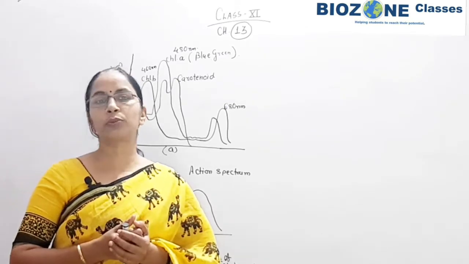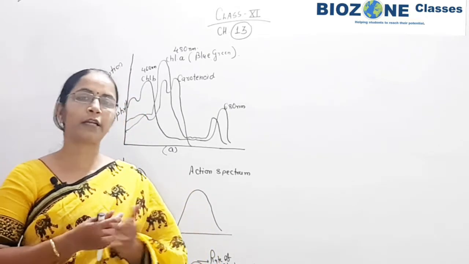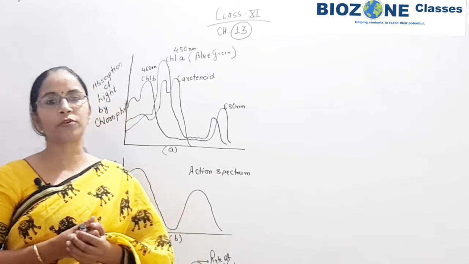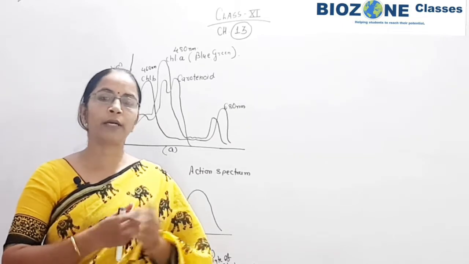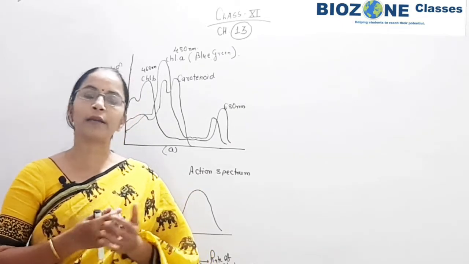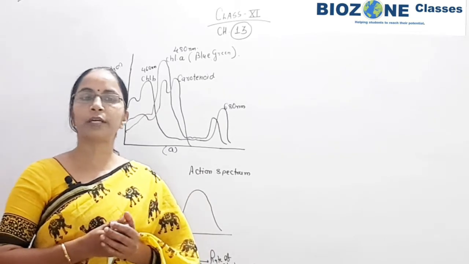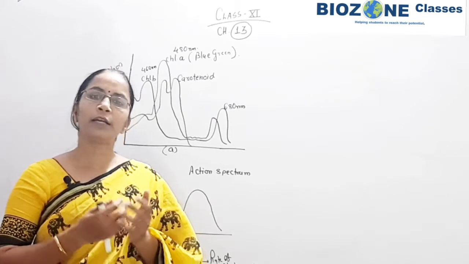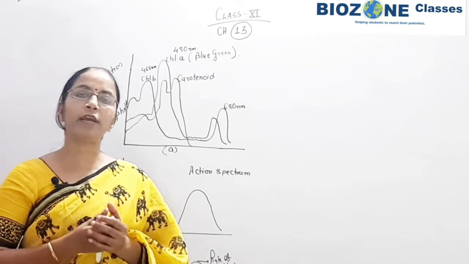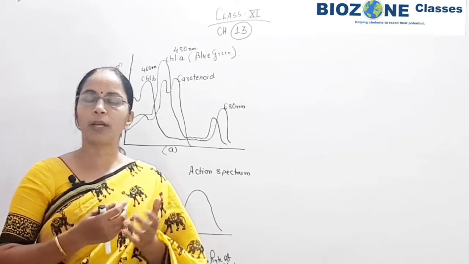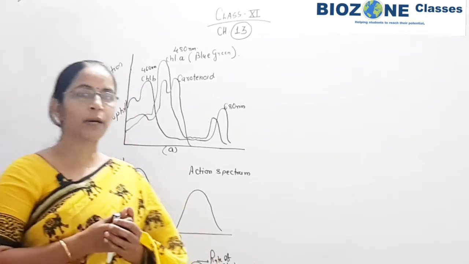Most of the students know chlorophyll A. Whatever you studied up to class 10th, normally you studied that chlorophyll is the main pigment, but when we come to higher classes, chlorophyll is again of different kinds. So here we study chlorophyll A, chlorophyll B, different kinds of chlorophyll molecules, because they show variation in their quality to absorb light of different wavelengths. So first you remember this part.